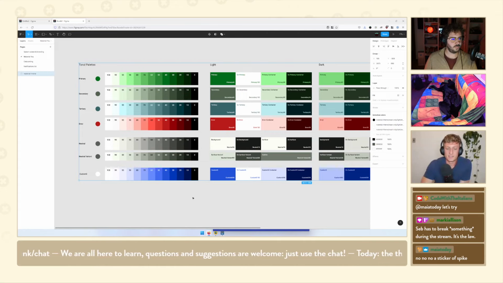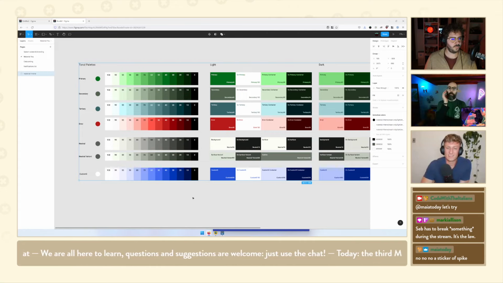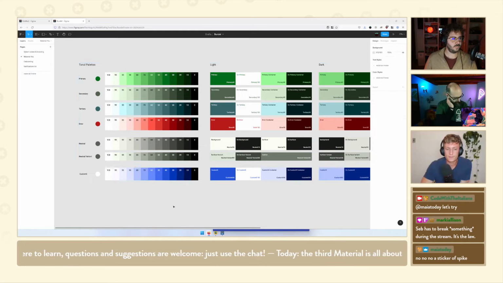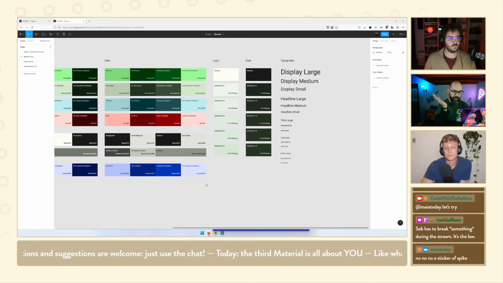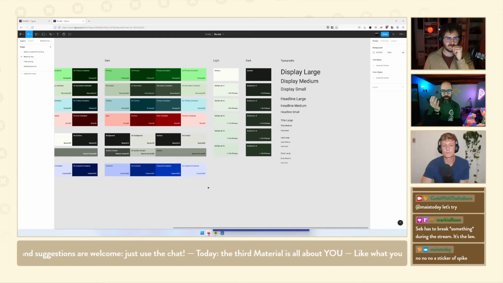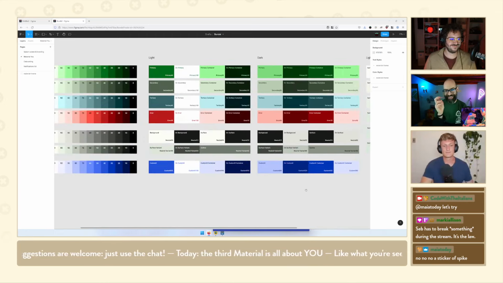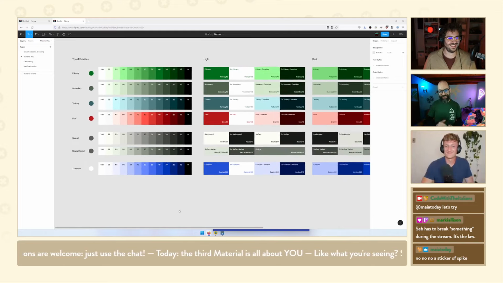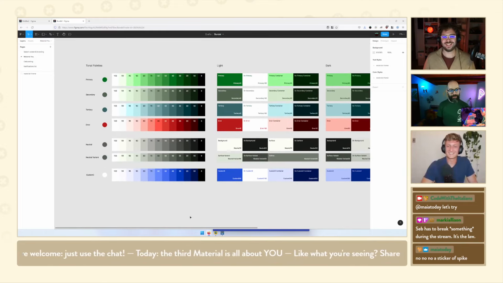Because then some of the defaults may not really work. But tertiary is something that is a bit confusing for me with Material 3, because for a few years I tried to design apps where you had a primary color and then some sort of accent color.